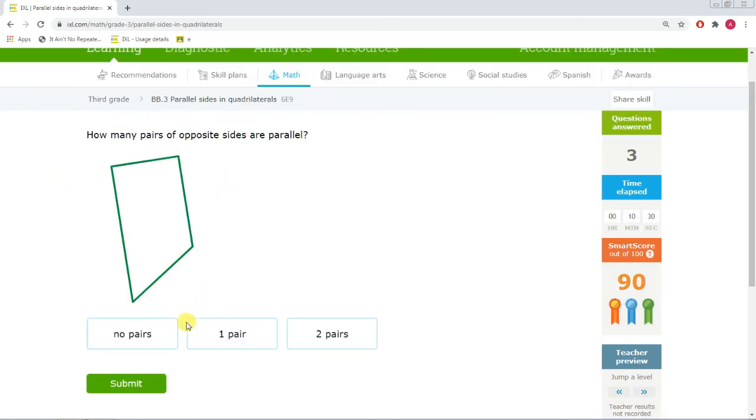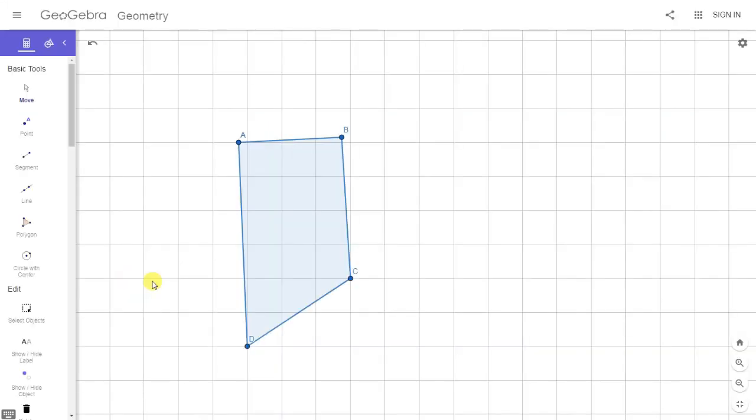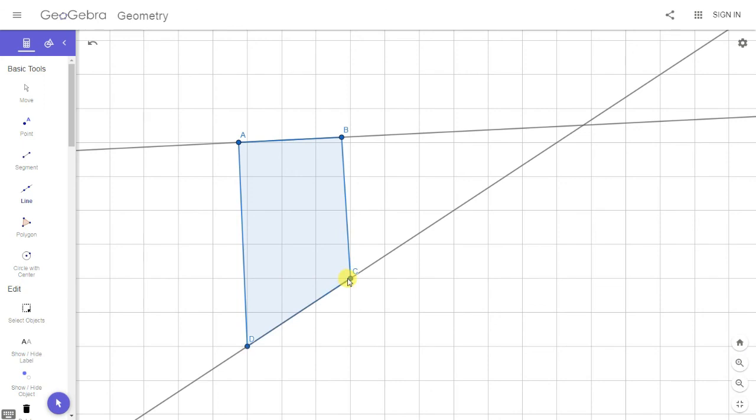Okay, again we have a figure, but this looks quite tricky. But you can easily do this if you use the Geogebra applet as I am doing. So let's first plot it on Geogebra. Okay, we have drawn a similar quadrilateral on Geogebra. Now let's check for the opposite sides. For example, side AB and side CD. You can see that they are opposite sides because they are not sharing a vertex, but they are not parallel